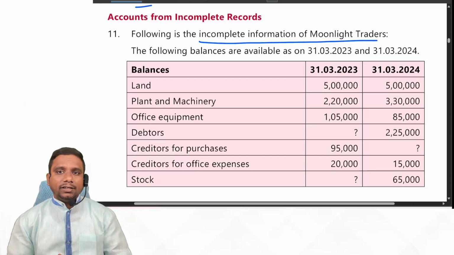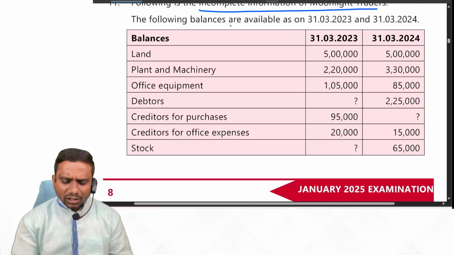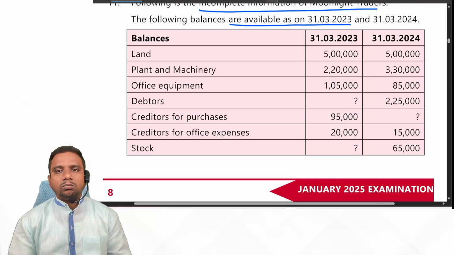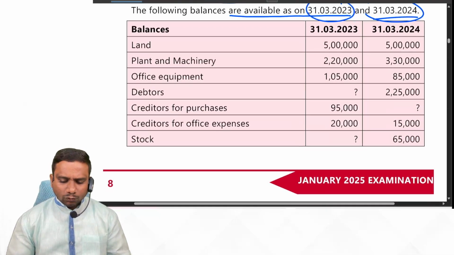From the beginning onwards. First, read the problem, try to understand it, and do your work. The following balances are available as on 31st March 2023 and 31st March 2024. This is opening and this is closing. Yes or no? So, on the opening date, whatever we have